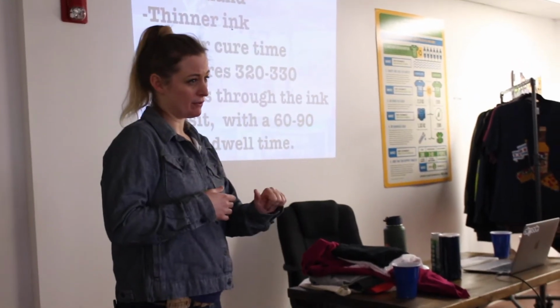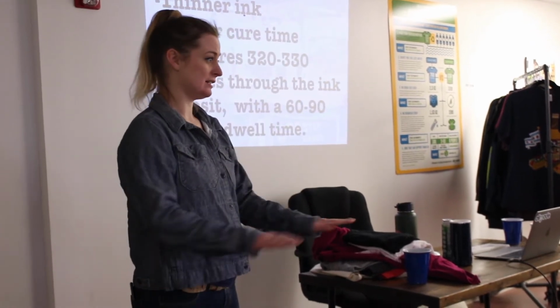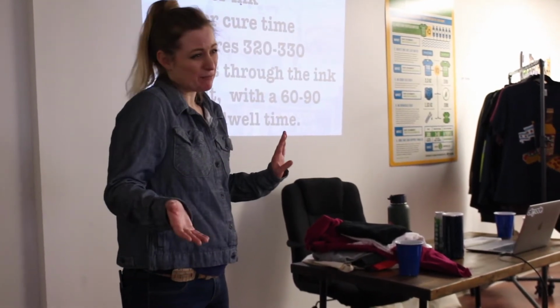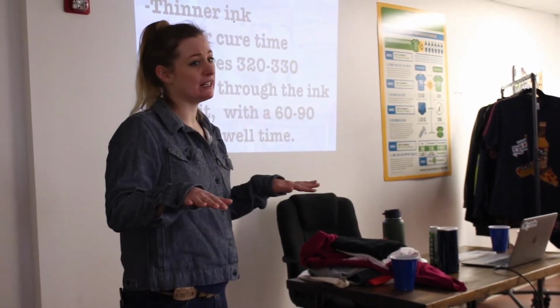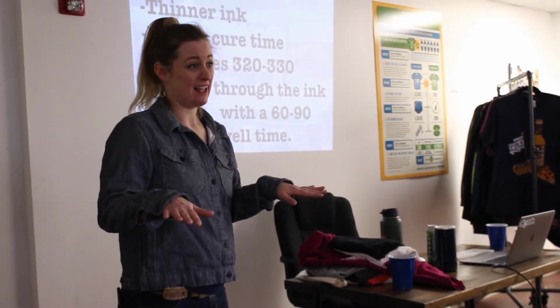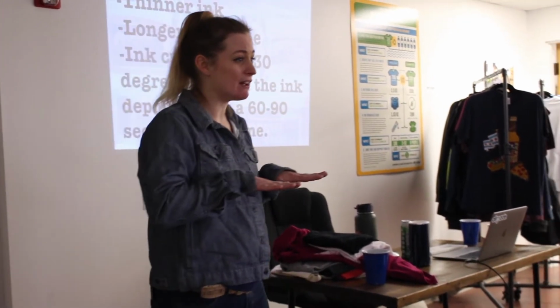The rule of thumb for curing water-based ink is it needs to linger. A little bit lower temp is okay, maybe 300 to 320 degrees, but it really needs to be there for about 90 seconds. The longer that it could stay there, the better, right? If you can keep it hovering at that temperature for 2 minutes,